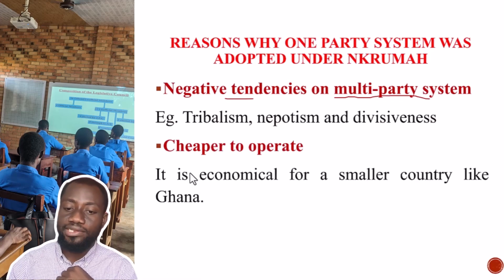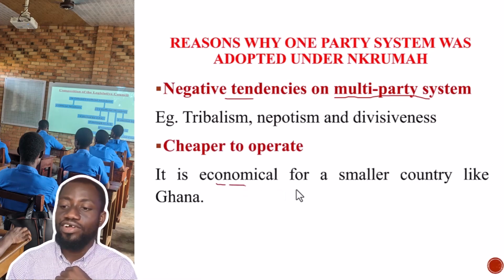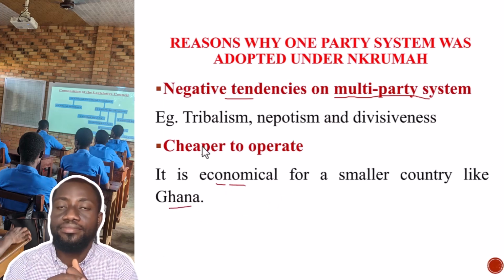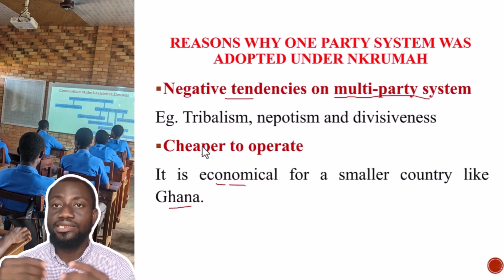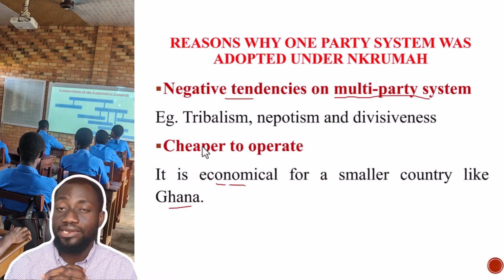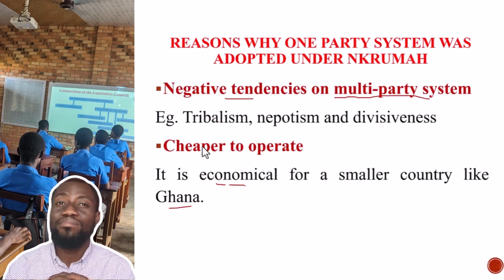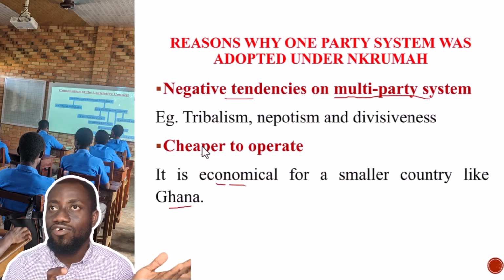It was cheaper to operate. It is economical for a smaller country like Ghana. Cheaper to operate, economical. You wouldn't need millions of dollars to conduct an election every year, or print a new voters register every 4 years, or spend huge sums of money on elections. Let me tell you, the amount of money that goes into an election will shock you. Some 4 years ago or so, the EC was asking for $30 million